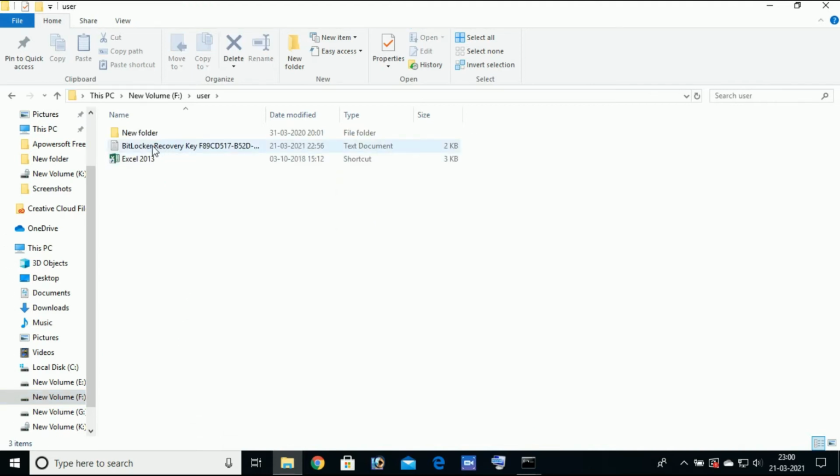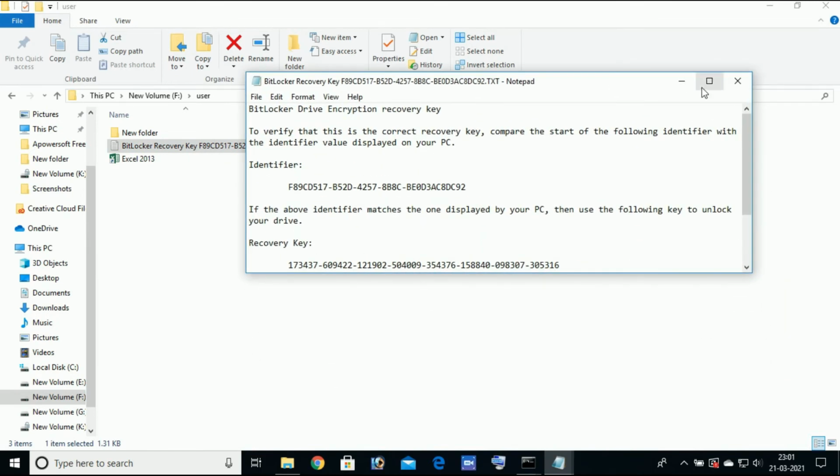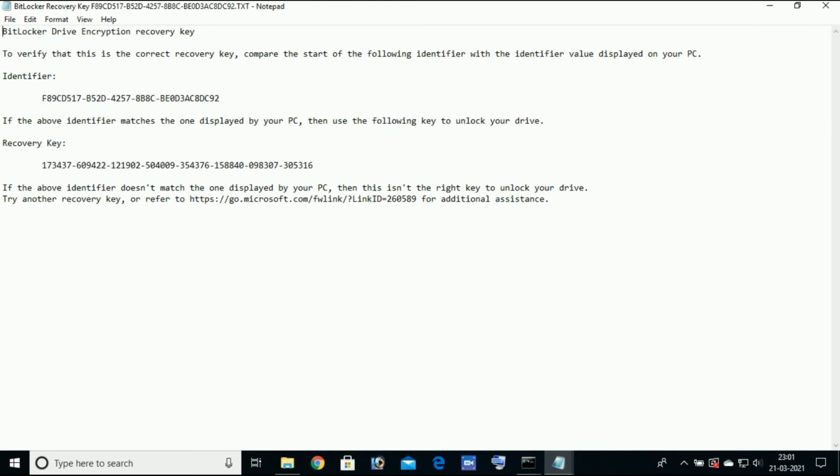Here is my BitLocker recovery key. I open this file and here our recovery key is mentioned.